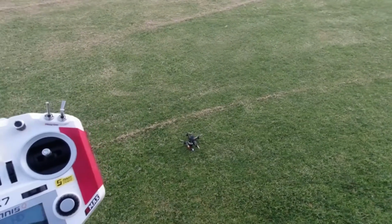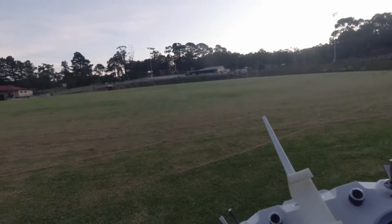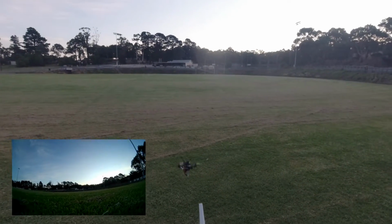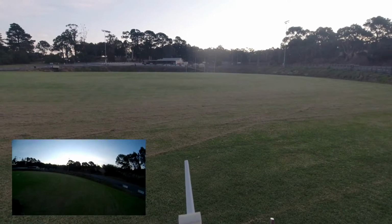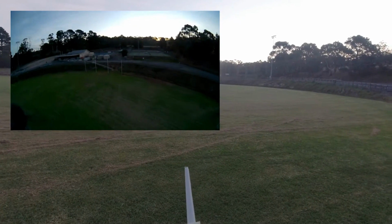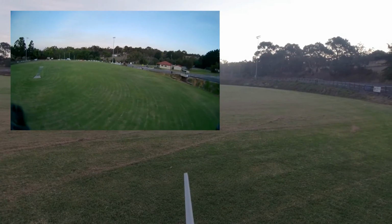Hey gang, we are recording the Geprc FPV, see how she flies. Wish me luck, let's get up in the sky. I love the HD recording on this thing, it is awesome, absolutely awesome. And if you're asking, guys, no, the Skyzones aren't quite here yet. They are on their way, so you can see the quality of reception with this thing is exceptional,